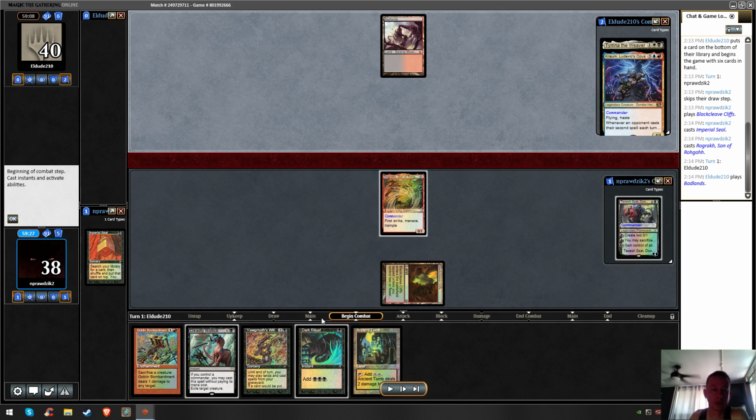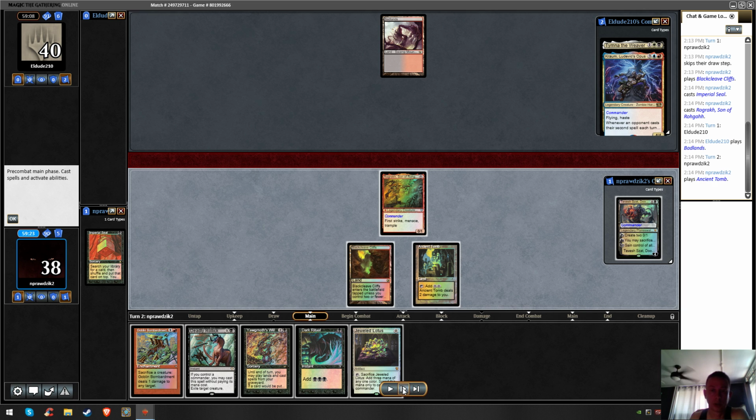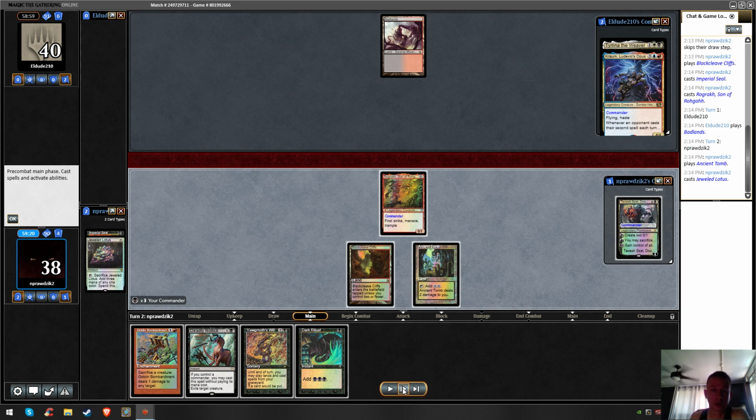This does leave them open to being removed. My opponent leads off with Badlands, does not Duress my hand or anything, which wouldn't have stopped the next turn, but would have certainly helped my opponent. Alright, so Ancient Tomb, Jeweled Lotus. We'll go ahead and just run out